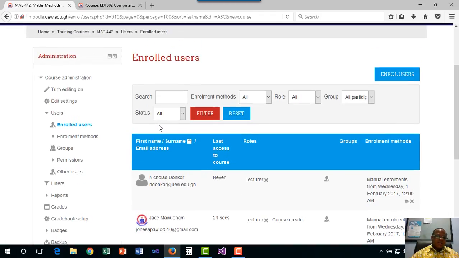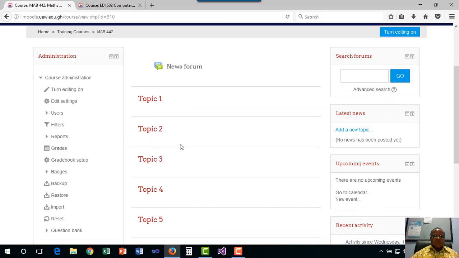Now let's assume, let me come back to the course. So I click on the course code here. Let's assume I want to give a key or a password to this course, so that learners who will take this course need to be given this key for them to be able to enroll in this particular course. If not, any user on Moodle can just click on your course, and the system will ask, do you want to enroll in this course? Yes, and the person is enrolled. Just like in normal classroom situations, if there is no padlock on a particular lecture theater, learners can enter. But if there is a lock, the learners need to get a key to be able to enter